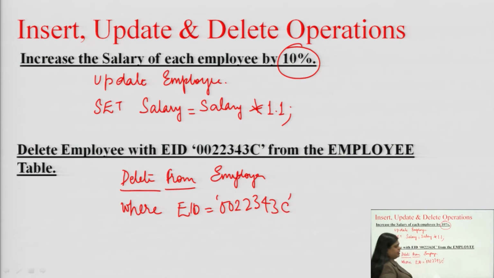So, simply we have deleted what? We have deleted one particular employee from the database whose employee ID has been specified to us, right. Okay. So, this is how we implement the insert, update and delete operation.